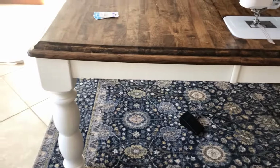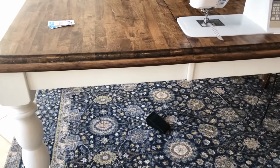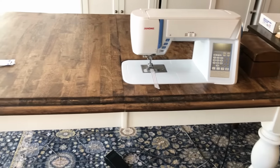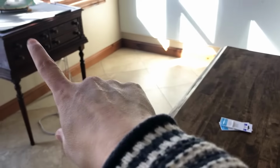The white that I use is just the basic white Sherwin-Williams, extra white, I think it was. And that's about it here. I do use my pressing mat on here. I have since gotten something else, which I plan on doing another video on, but I have used my pressing mat,